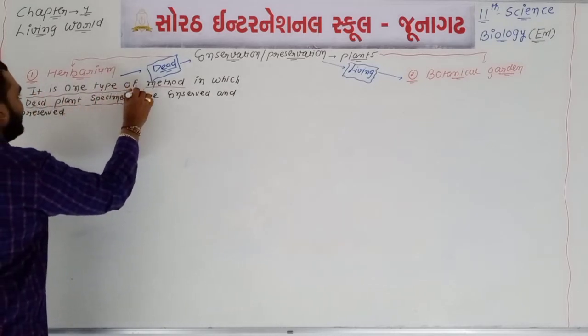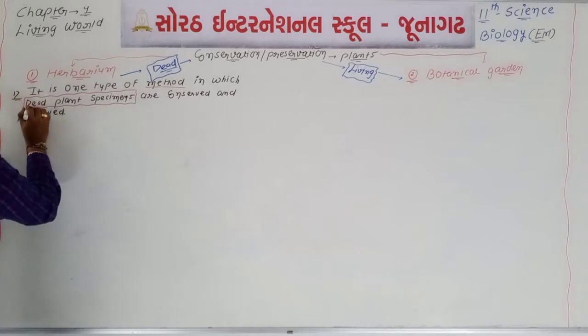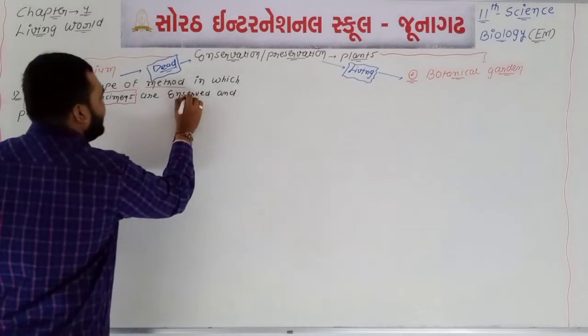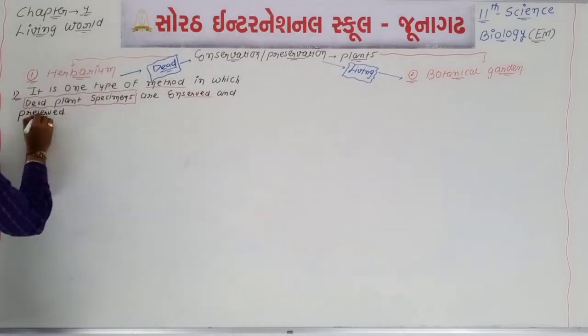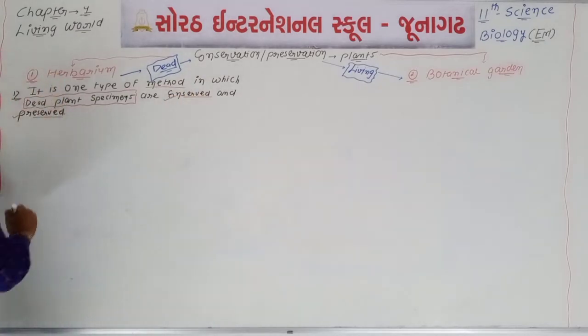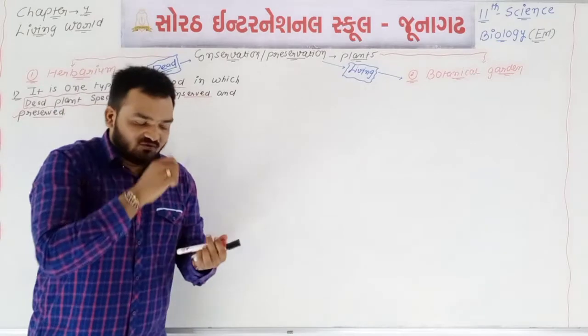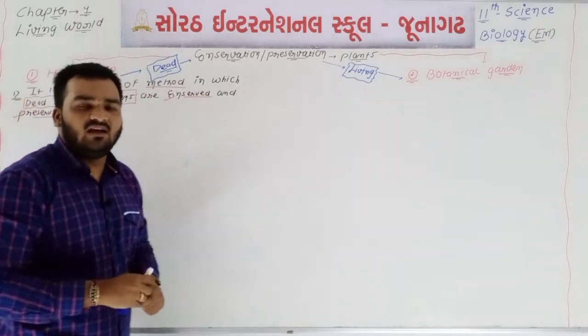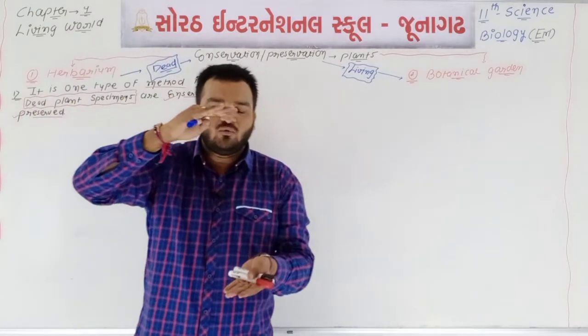Dead plant specimens. In which dead plant specimens are what? Are conserved and preserved. Okay. So point number 2, we can say that in herbarium we are going to use one sheet,